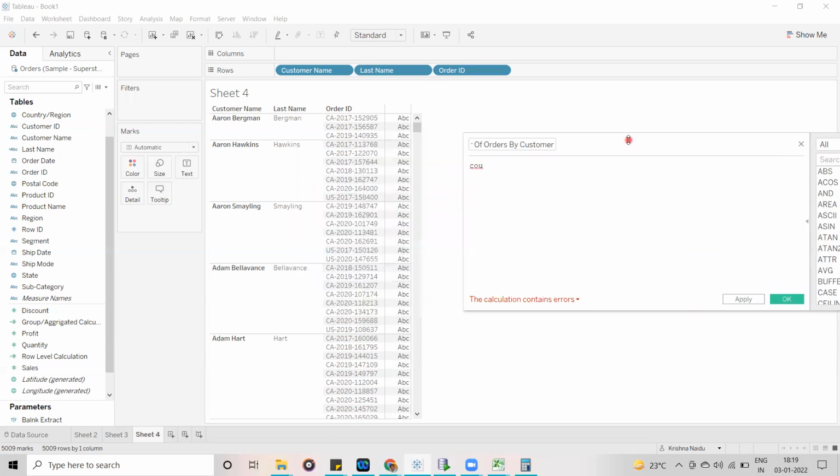For example, this customer Begum has orders like CA2017-152905. Here you can see 3 individual orders. There is no duplication. Let's assume he has one more order, so you get 4 records, with the second one the same as the first one.